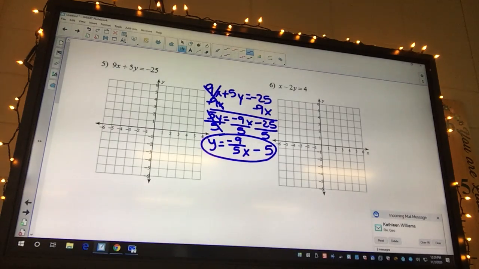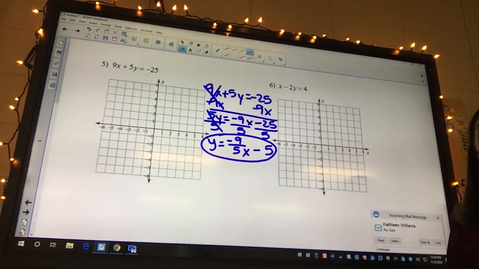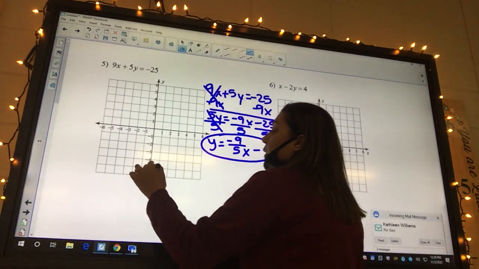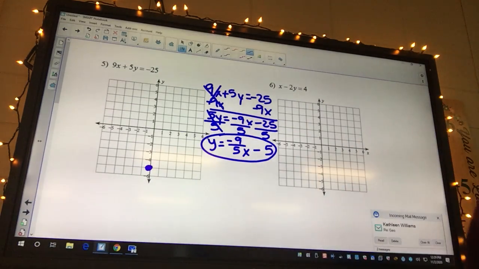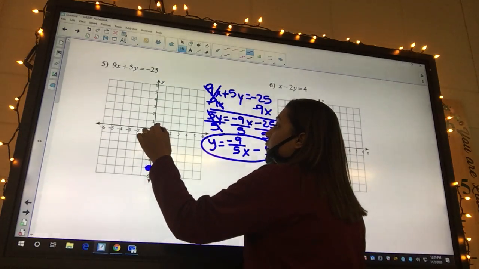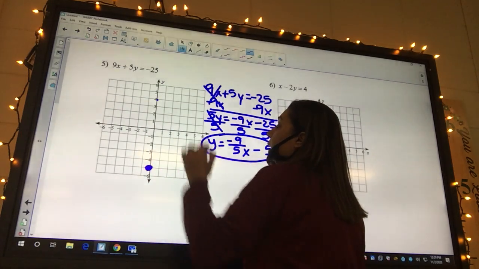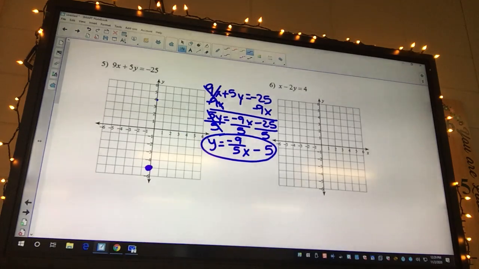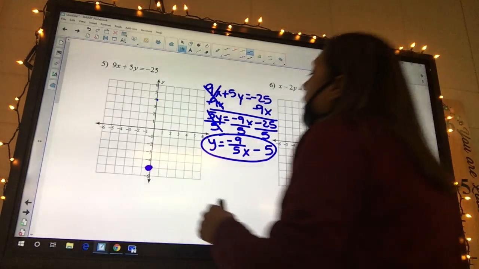Okay, so what did we graph first? The negative 5. You go up 9. We're going to go up 9. 1, 2, 3, 4, 5, 6, 7, 8, 9. And we got to go over 5 in which direction? The left. 1,